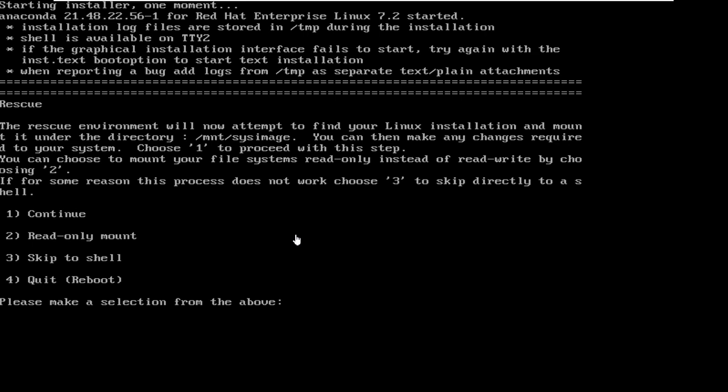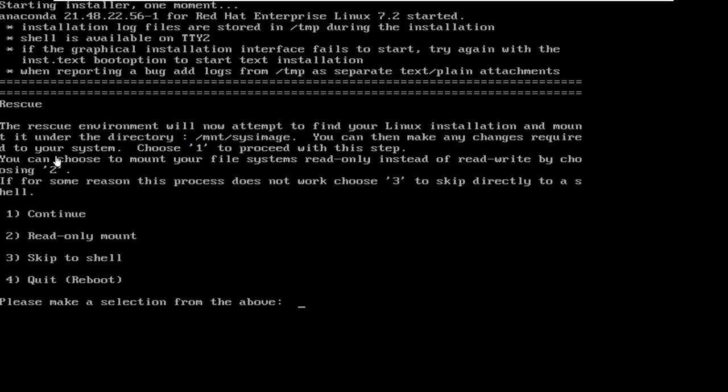If our system is so corrupt that it is not able to get that also, then you will have to mount it manually. It is not like it is deleted. It is still there, but because of the wrong configuration, maybe our fstab file is not correct. Fstab decides which file system will mount on which directory. So if it is corrupted, deleted or something, then we have to mount manually. It will not be found automatically in this system. So we can do it manually also. And in that case, maybe you lose the operating system, and you have to just take a backup of your files.